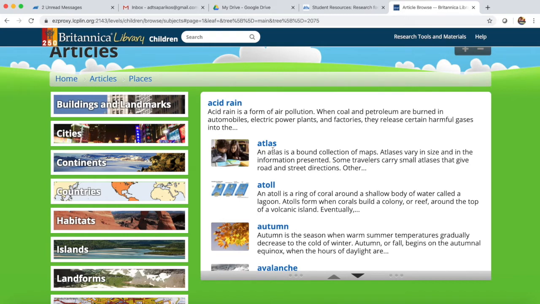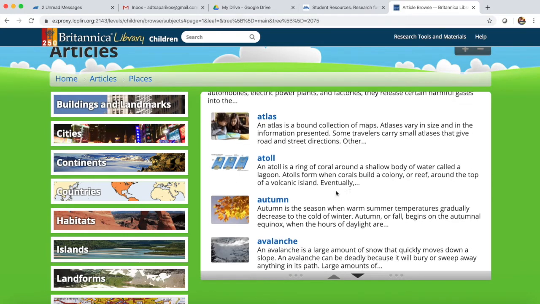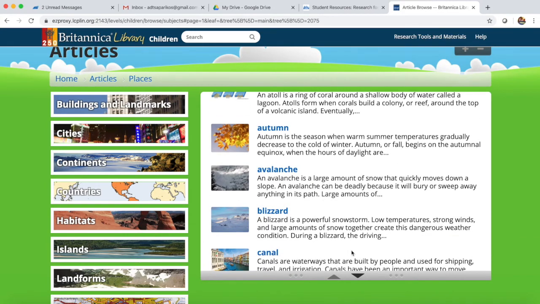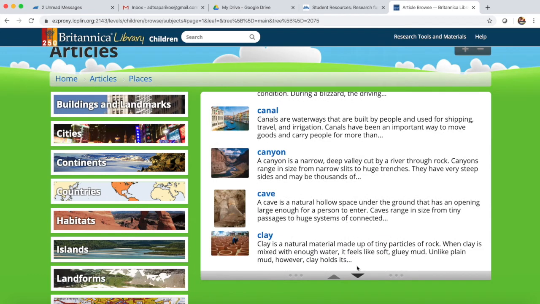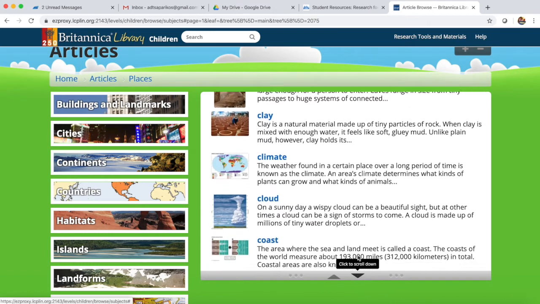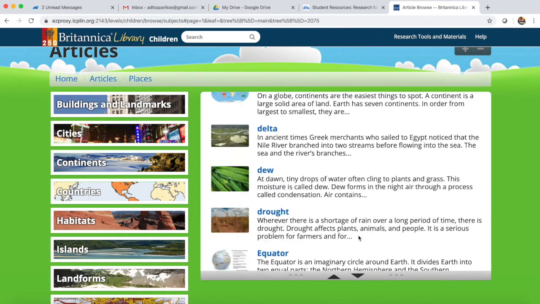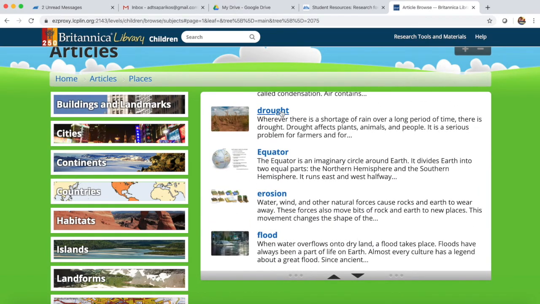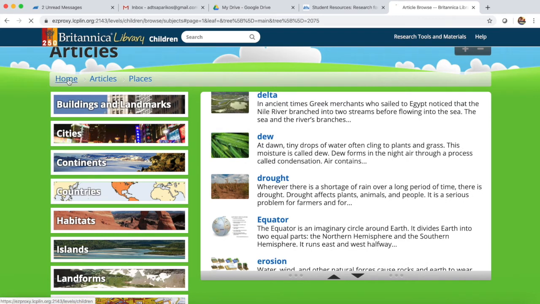So we have acid rain, atlases, atoll. You can click on anything that you're interested in. When you get to where it won't scroll down anymore, you click on the click to scroll down, and it starts giving you more in alphabetical order, and you can keep on going like that. If we go back to the home page,